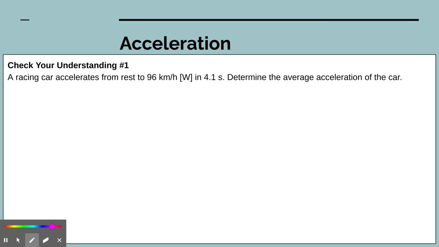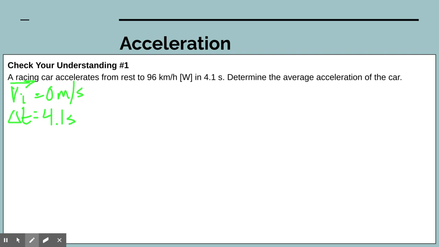Because we already know what our initial velocity is, that's still just 0. And we know our time here is going to be 4.1 seconds. Now we've got to change that final velocity. To change that velocity from kilometers per hour to meters per second, we're simply going to